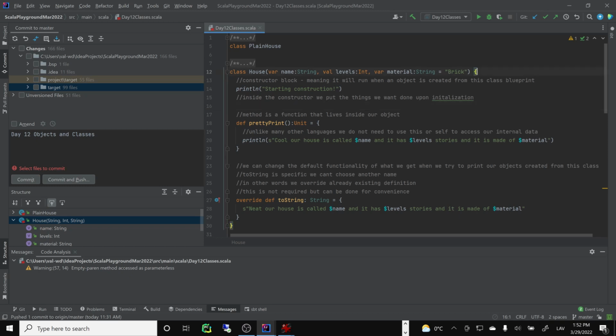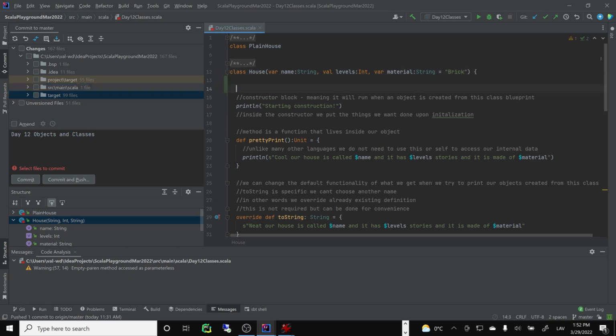We'll create a variable, var age equals 0. This means, of course, we can change it, it's mutable. So we can mutate, change the age later,